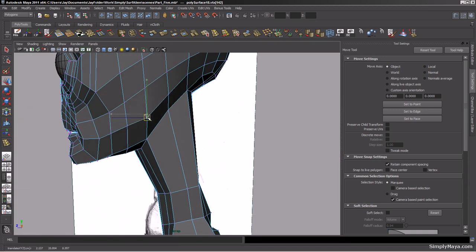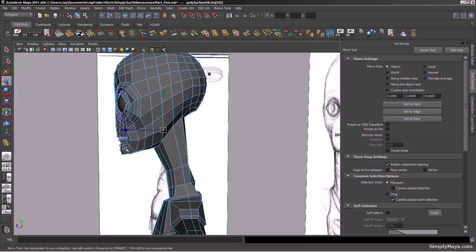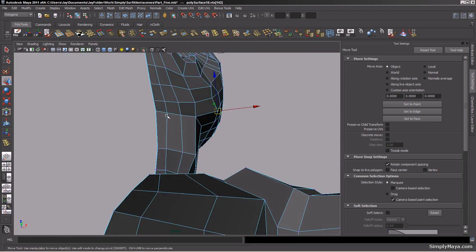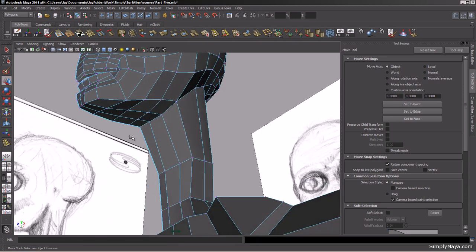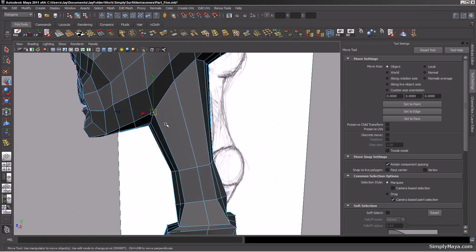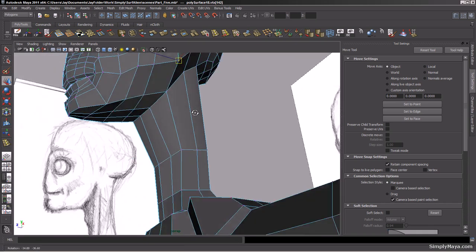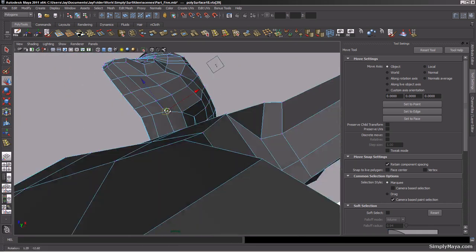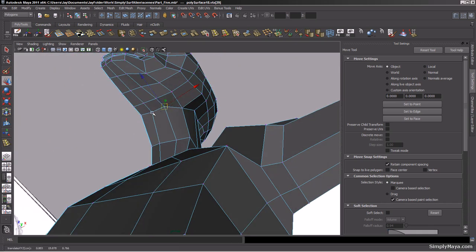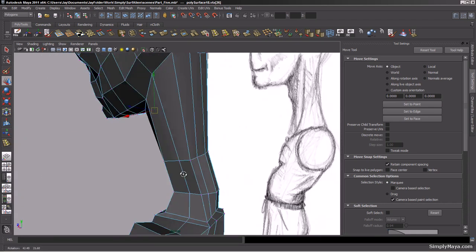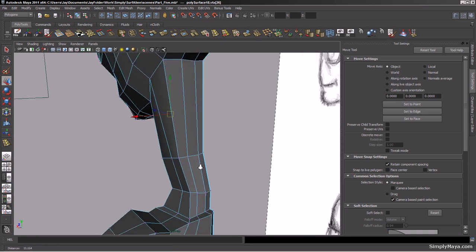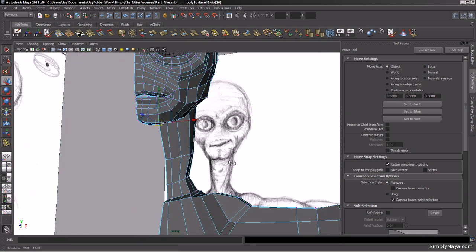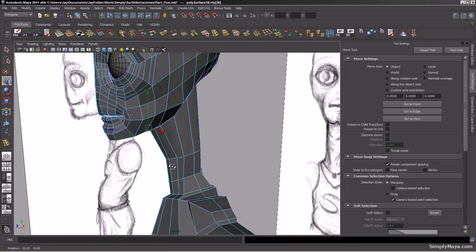Let's just bring these down, these jaws and stuff. So it's looking pretty good. So what I'm going to do is actually bring that back a little bit more, just to there, and begin to round that out just under here. Okay, so